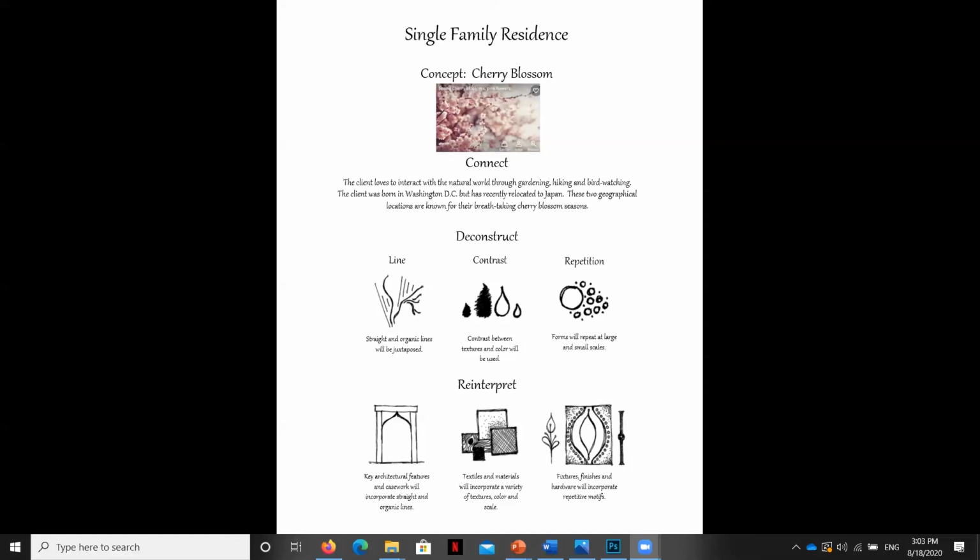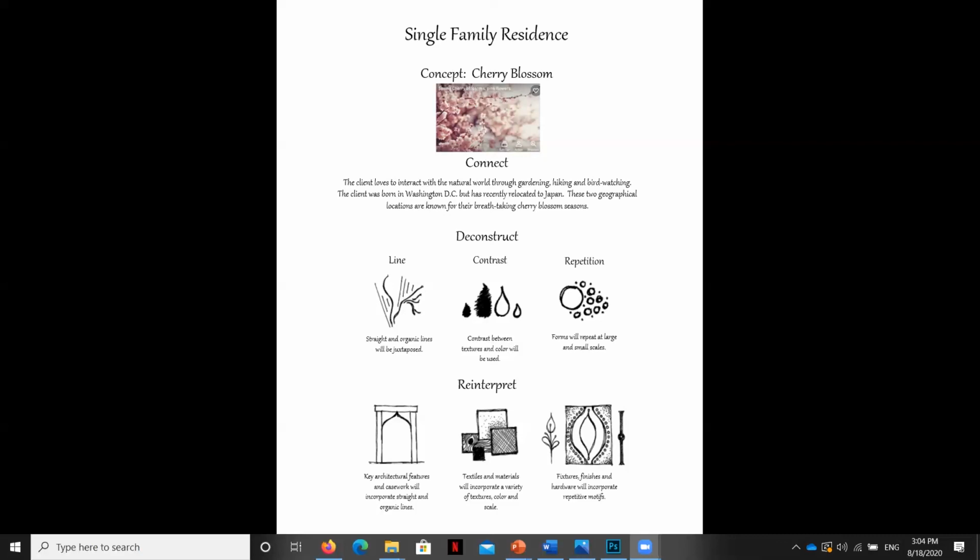As you can see here, as a result of this process, I have a very clear idea of the design direction that I want to go in. But you can see here that it's not overtly representative of cherry blossoms. It's not that I'm painting cherry blossoms or putting cherry blossoms on wallpaper or upholstery, although I certainly could, but that's sort of the low-hanging fruit. Instead, what I want to do is think about this design concept a bit more abstractly and think about how it might be applied to a physical space in a more subtle and integrated way.